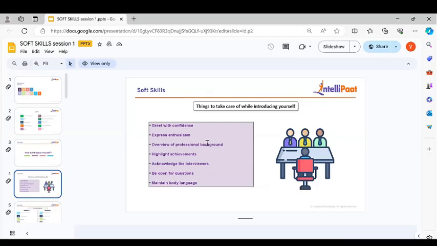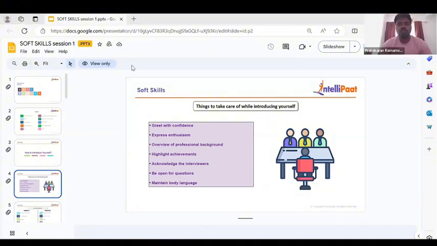Now, overview of professional background. Now, this is something very important. Let's say I'm going for an interview. I think you guys are from Python batch, right? Yes, data science. Data science, all right. Let's say I'm going for a job role that is data analyst or data scientist or data engineer, for example. Right. Now there was a question that I have to introduce myself. Now I started everything. Now when I came on this professional background part, here I have to take care that